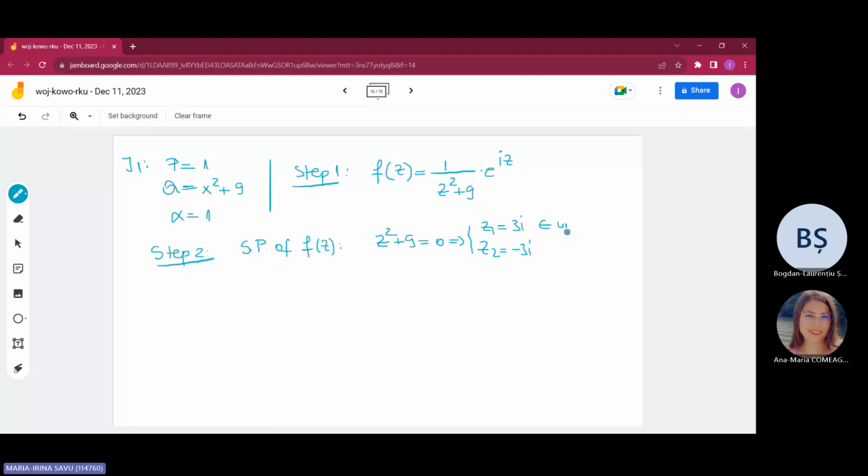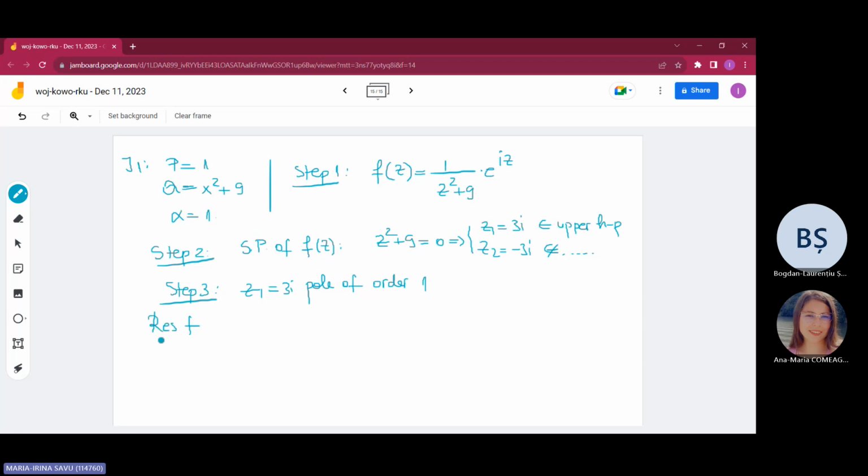This one is in the upper half plane. This is not. Step 3. And you have a pole of order 1,